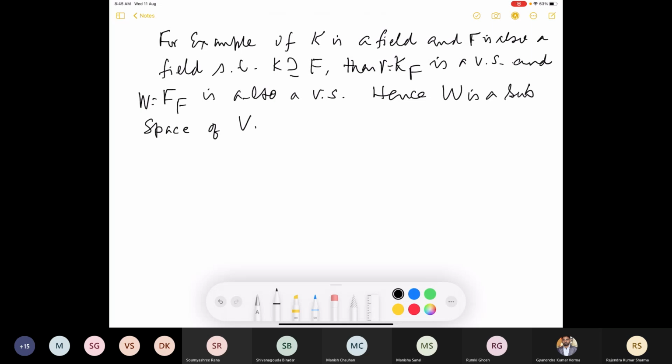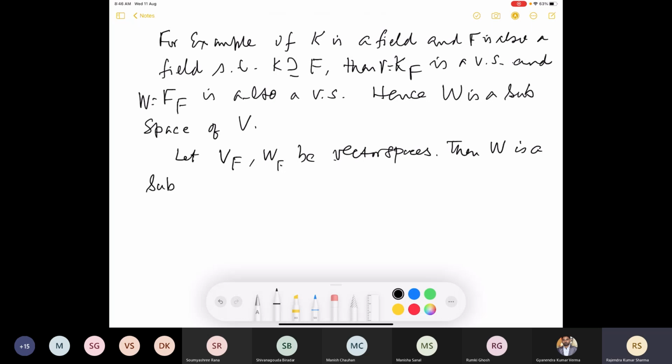So we can prove that if V and W are vector spaces, then W is a subspace of V if and only if V contains W